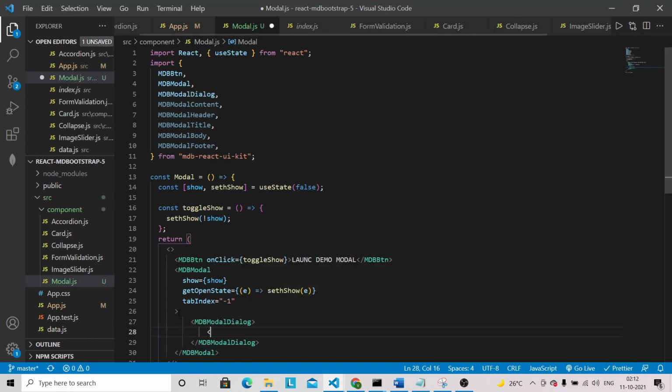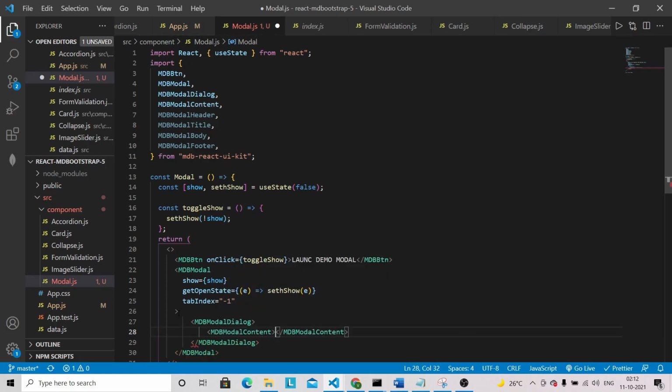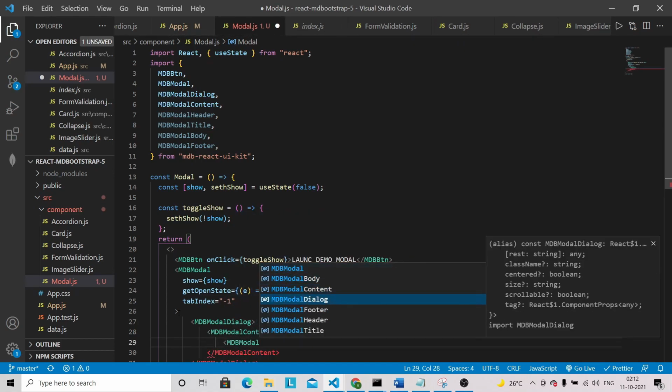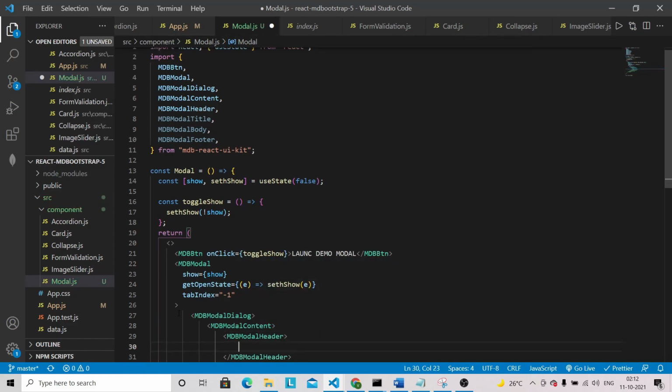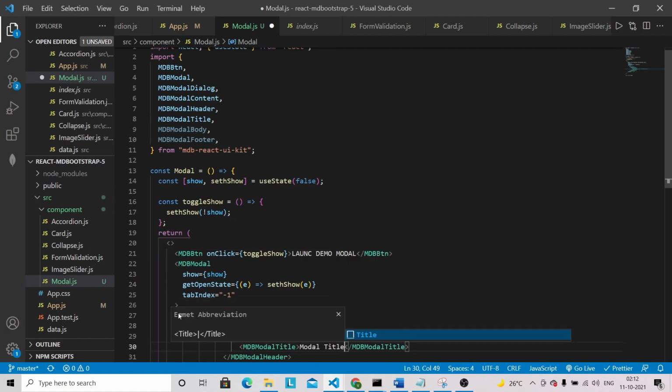then MDBModalContent, then MDBModalHeader, then we are going to have MDBModalTitle. This will be, you can give here "Modal title", you can give anything here.